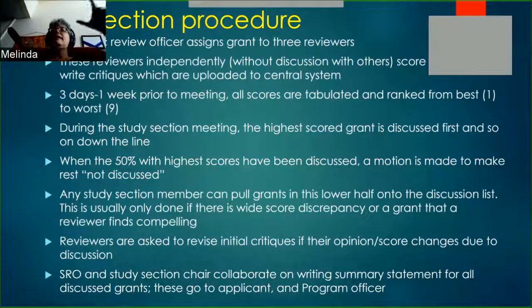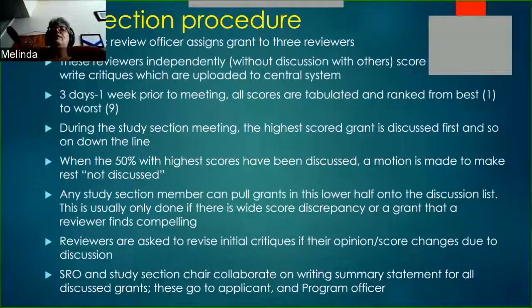Then the announcement will be the scoring range is 1 to 3. So that means that everybody in the room is going to vote. Generally the expectation is they're going to vote either a 1, 2, or 3 on the grant, and what they're going to vote is going to depend on how they viewed the